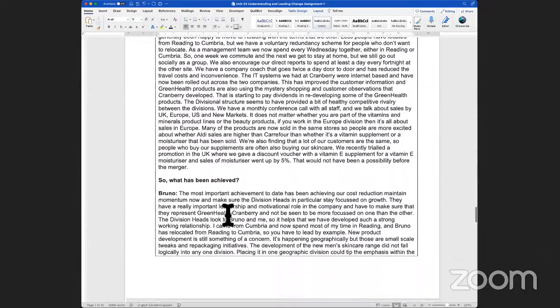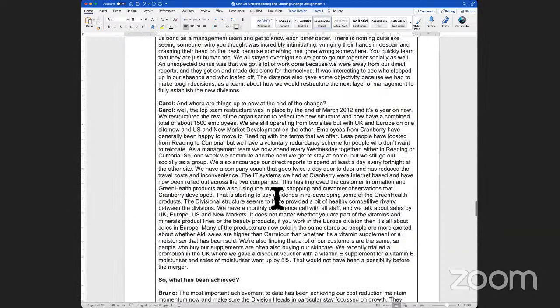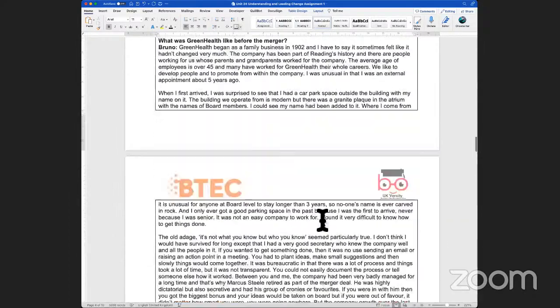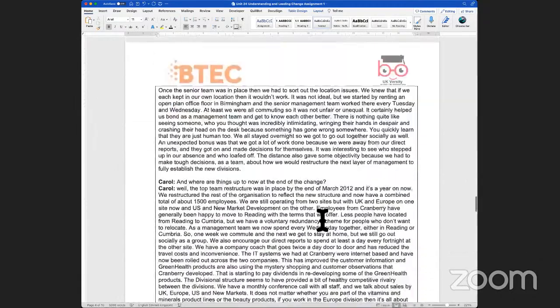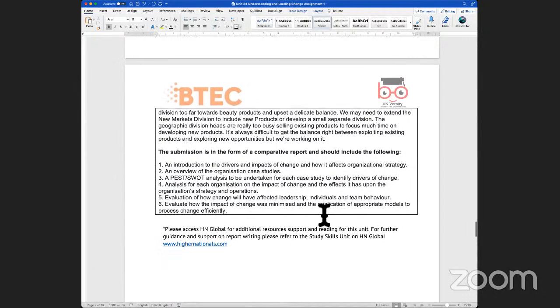You have to do a bit of reading to understand how this merger is going to work. This particular background gives you details about the types of change happening because of the merger, and what drivers have driven the company to look at mergers in the first instance. That is what we are going to be looking at from the perspective of the case studies. Now, once you've read these 2 case studies, what we need to be able to do is